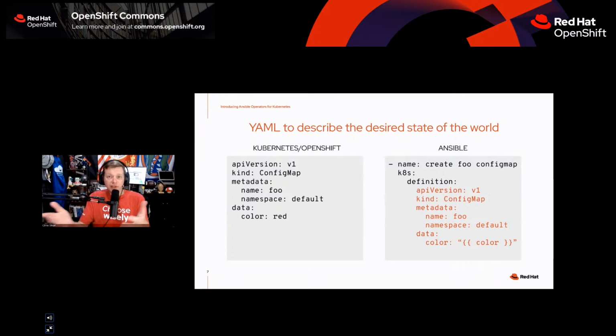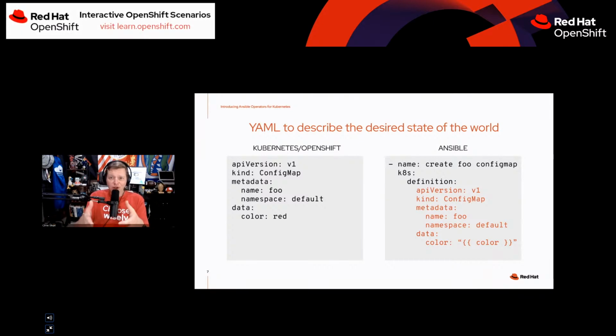So instead of actually having to specify the color red, you could have labels or tags that say this environment has this variable of color, and your staging can have red and your production can have blue, for example. So now templating is available to you immediately, just by using Ansible out of the box. That might not seem like a great experience,